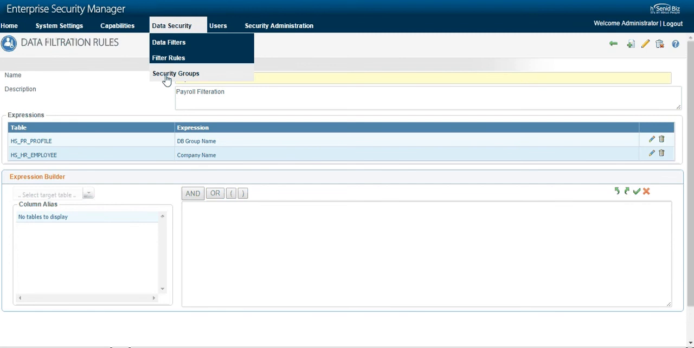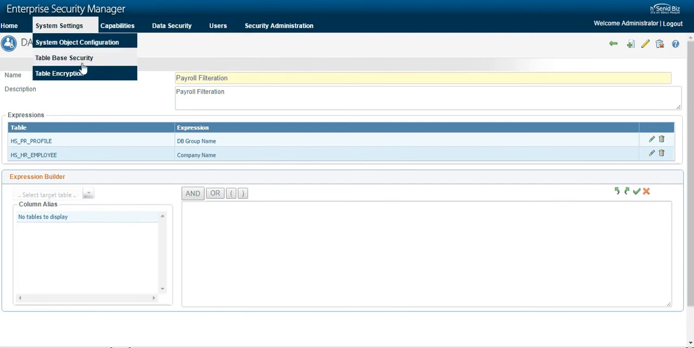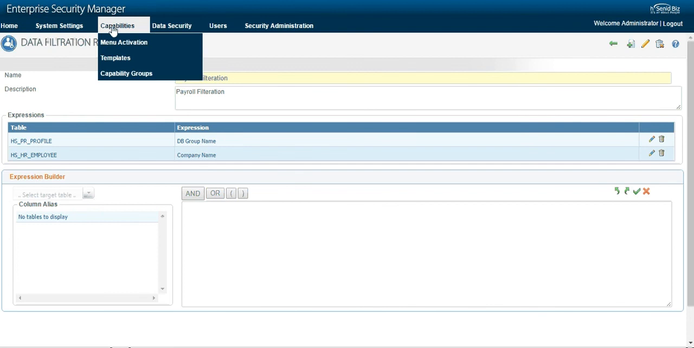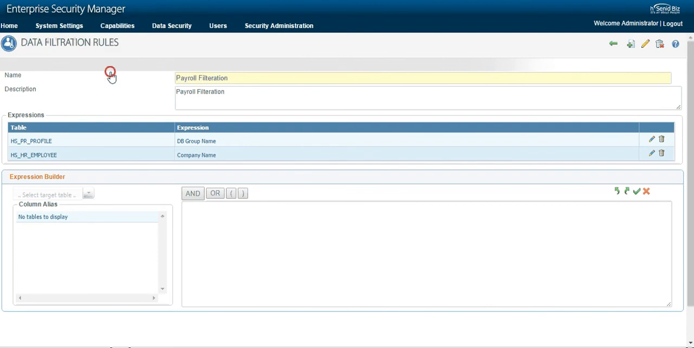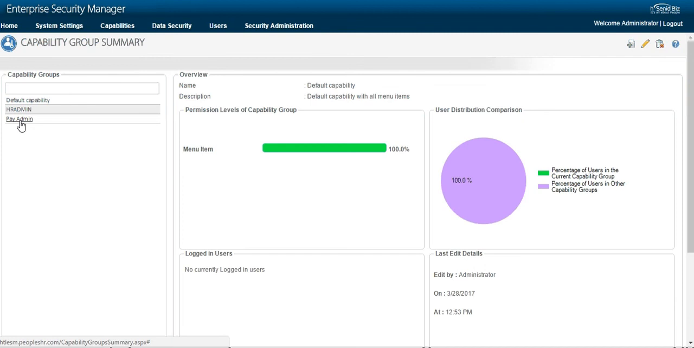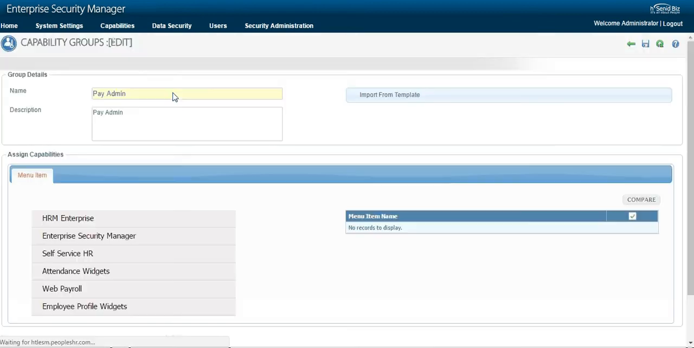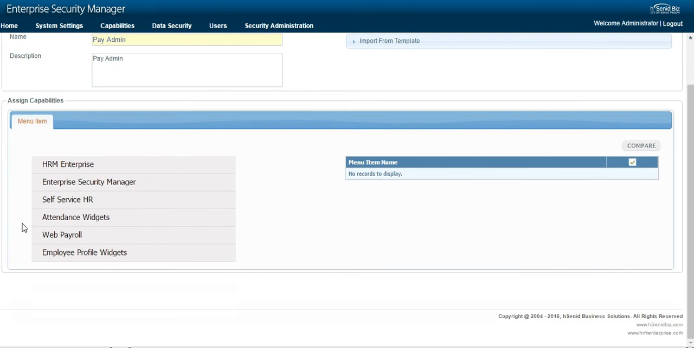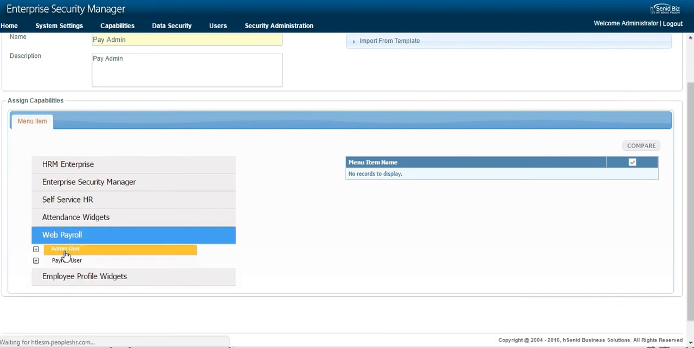Before that, you need to create a capability group. Just see whether you created a payroll capability. So actually in this instance, we already created a capability for the payroll. In the payroll, you have web payroll, all the menu access,